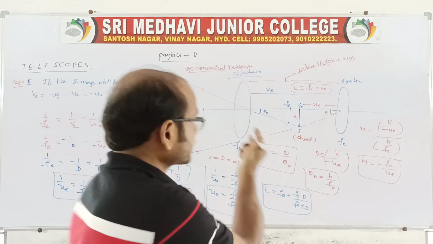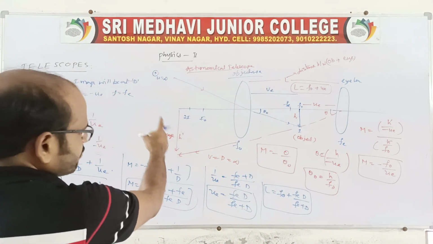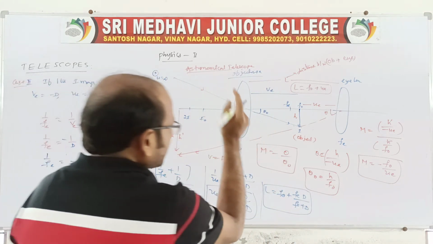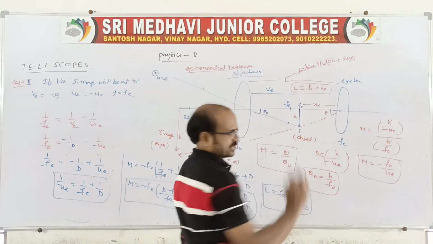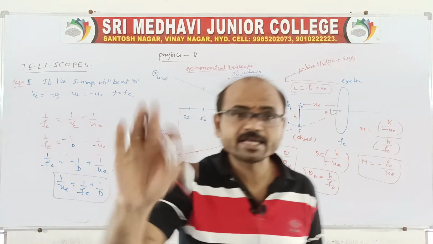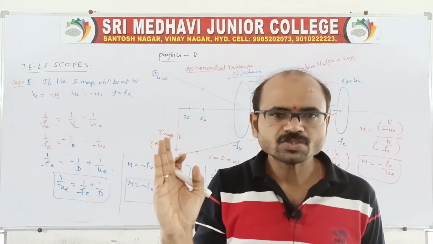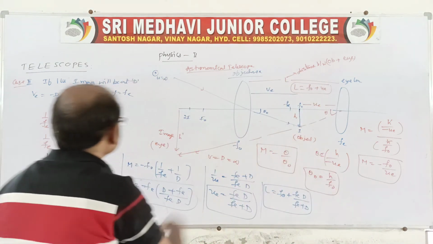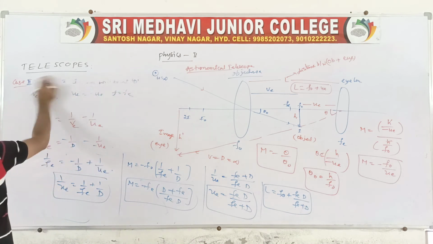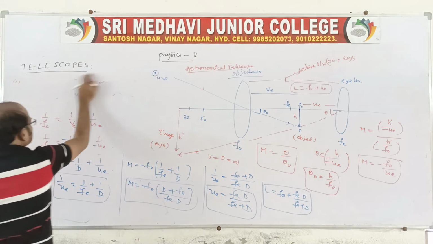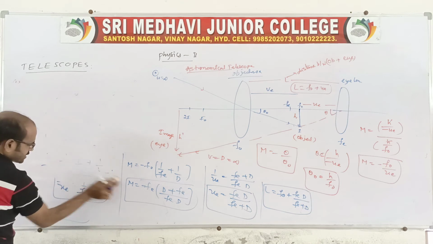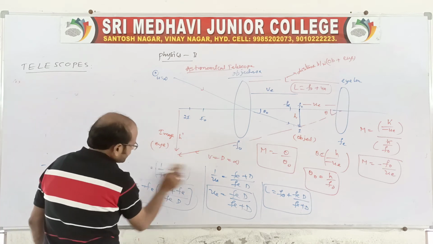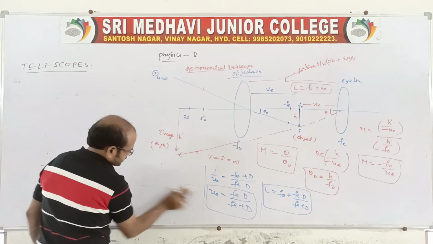In this case, the astronomical telescope forms a real inverted image. By using an erecting lens placed between the two lenses, the image is corrected. So let us take the next one. You keep the diagram like that only, or else if you want to remove it, I'll remove it also, no problem. Because in between the lenses, now you take another lens.